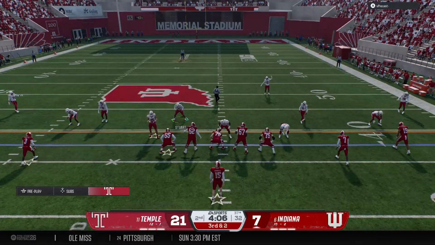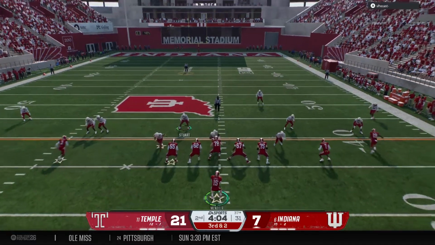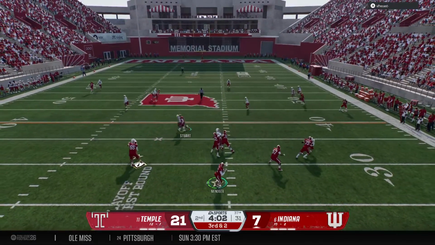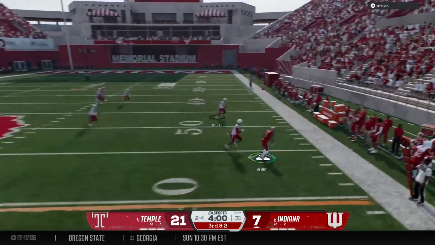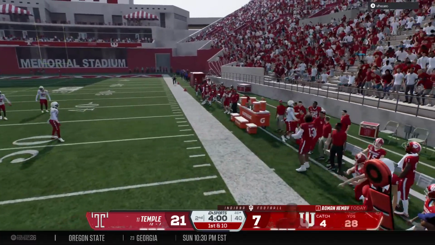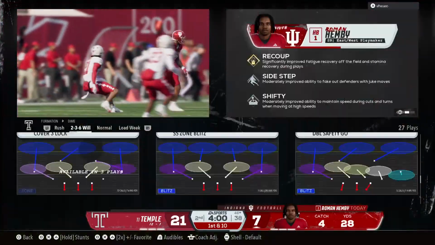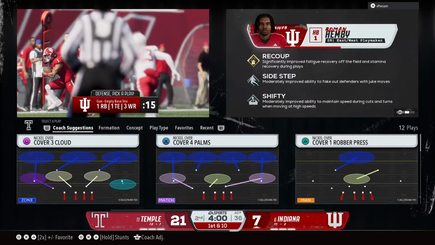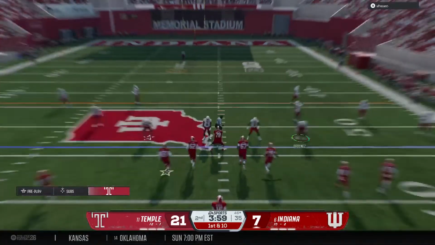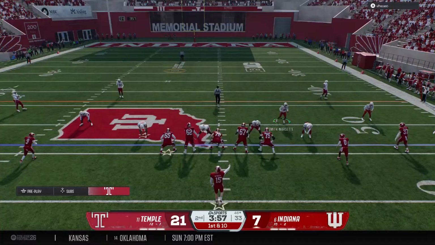3rd down play, looking for a fresh set of downs. Back to pass. It's Mendoza. Tries to get it to the running back. Caught near the sticks. It's Hemby. Ball carrier heads out of bounds, but the pickup is good enough to move the chains. First down. The Hoosiers are moving quickly down the field.